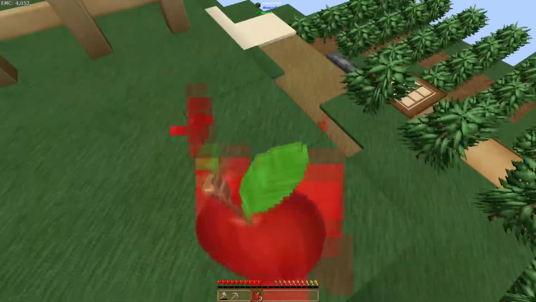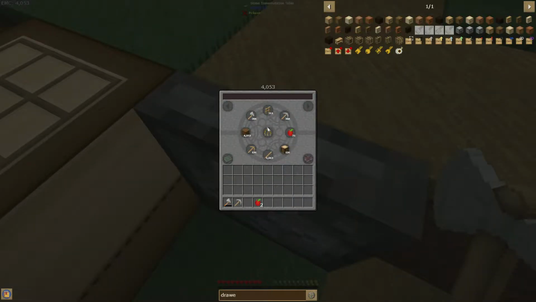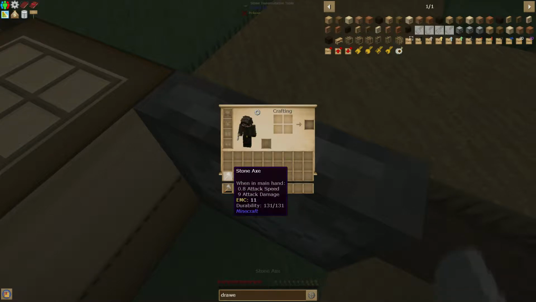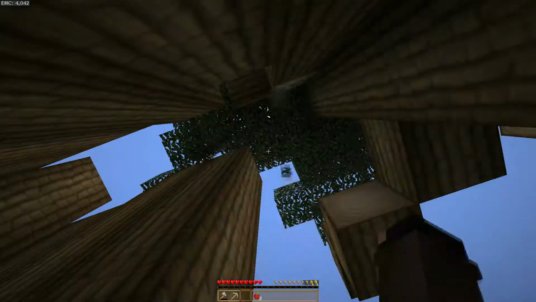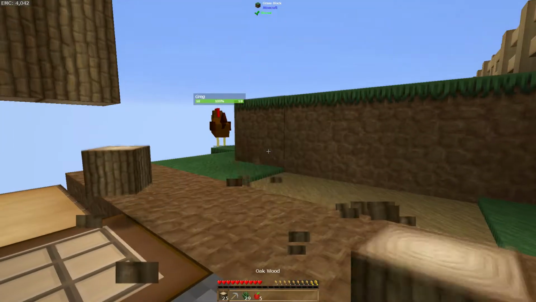Now, the apples are great because that is an early source of food that I don't need to kill chickens for. There's one, and place you above there. And we're just going to grow all the trees up because that's what we do. We need to get as many trees as we can, so we're just going to keep pressing it for about 5 or 6 seconds. Then I'm going to break all the leaves and then mine all the wood, which unfortunately